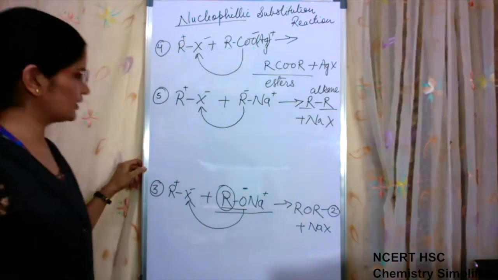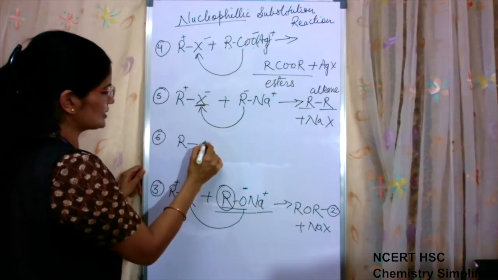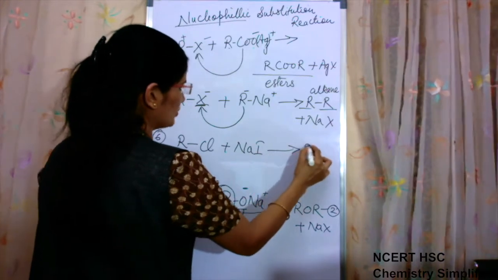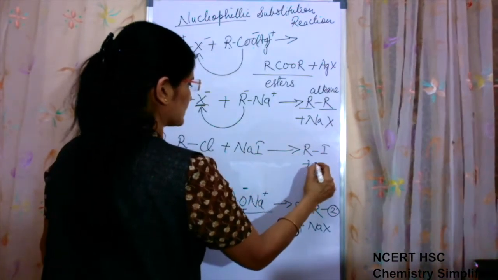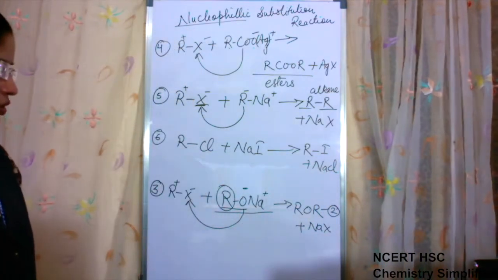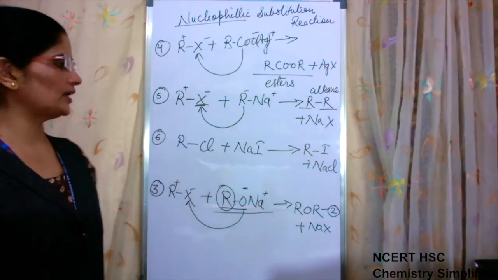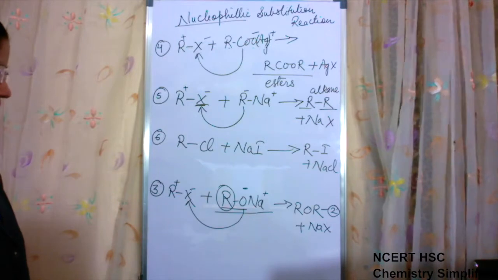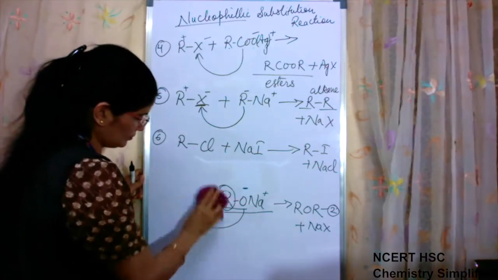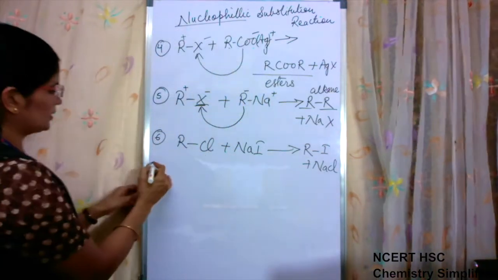Already one reaction we had studied, we are writing it again: if RX, if this X is Cl, it can react with NaI to form RI plus NaCl. That means halogen exchange reaction. So alkyl halides can also be used to prepare other alkyl halides with the help of sodium iodide. Next reaction,